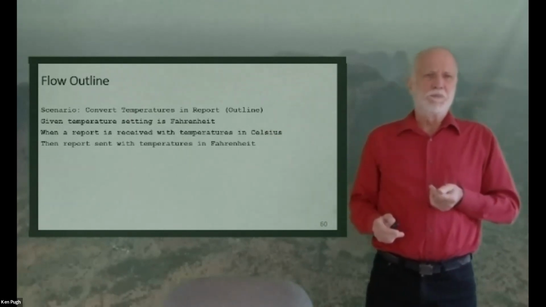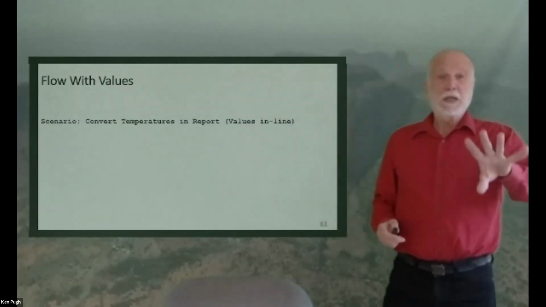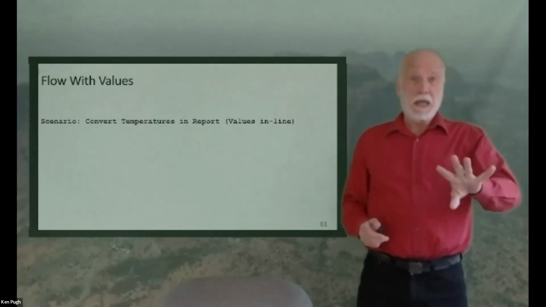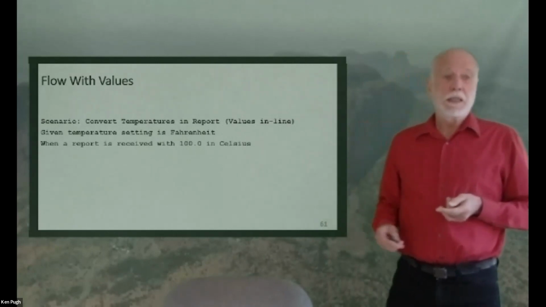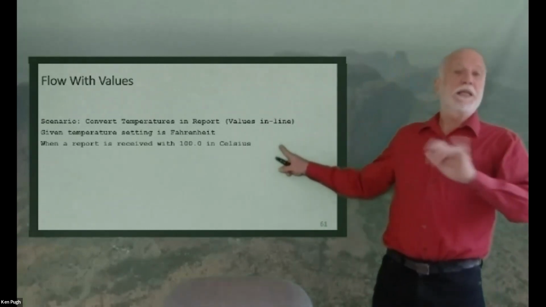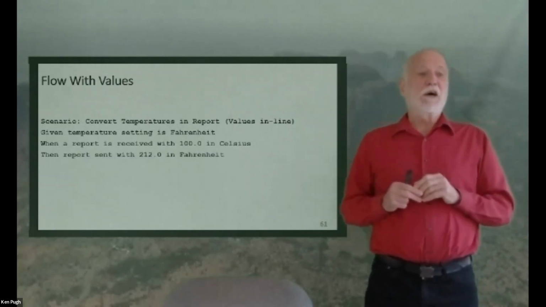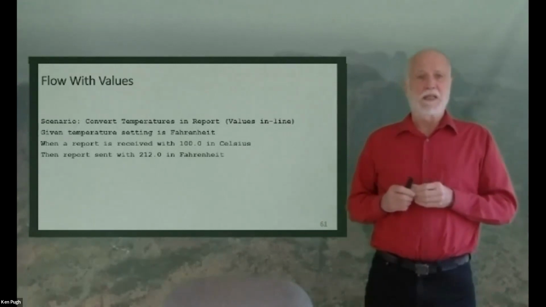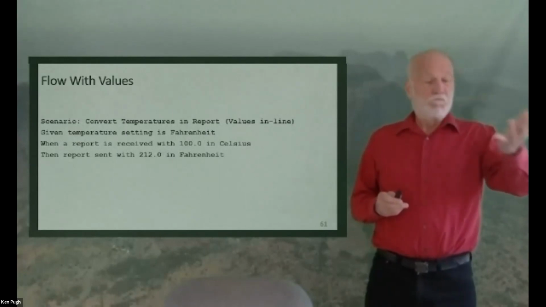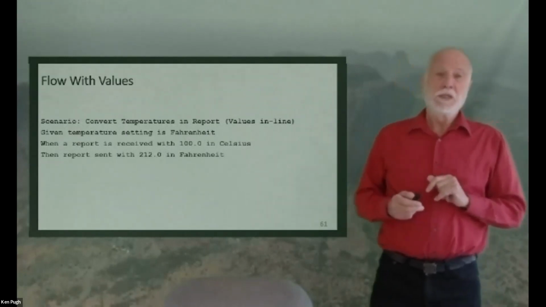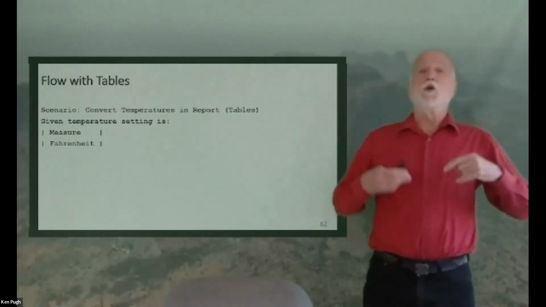That's our flow. Well, let's add some values to this. We can do it two ways. We can put them inline or in tables. So if we do it inline, we have: given the temperature setting as Fahrenheit, a report's received with 100 degrees in Celsius in it, then the report gets sent out with 212 in Fahrenheit. Well, that's some inline values. In fact, many Gherkin scenarios you see use inline values,